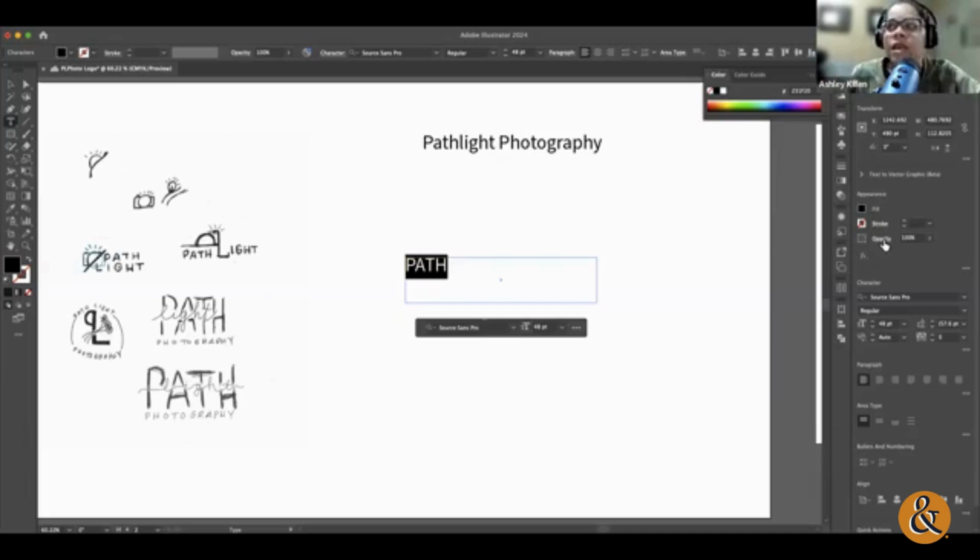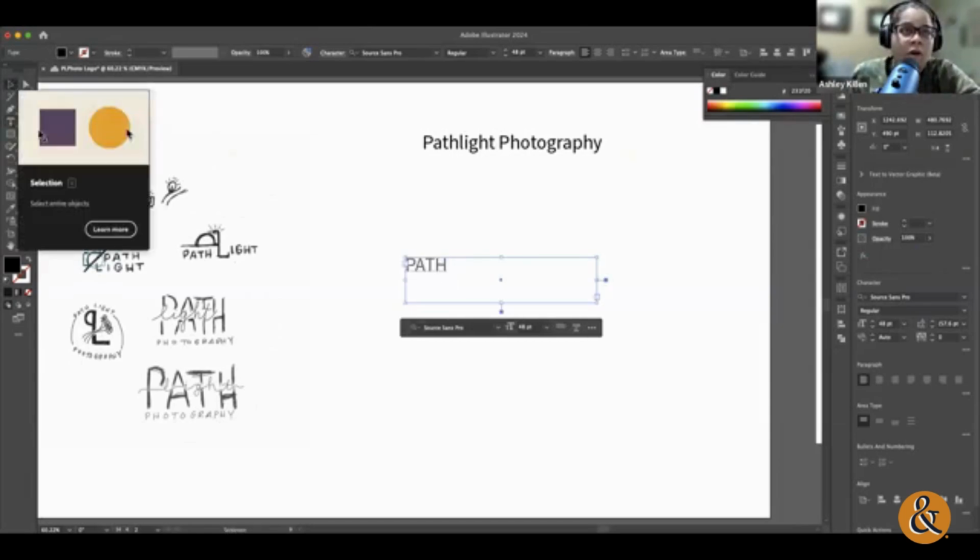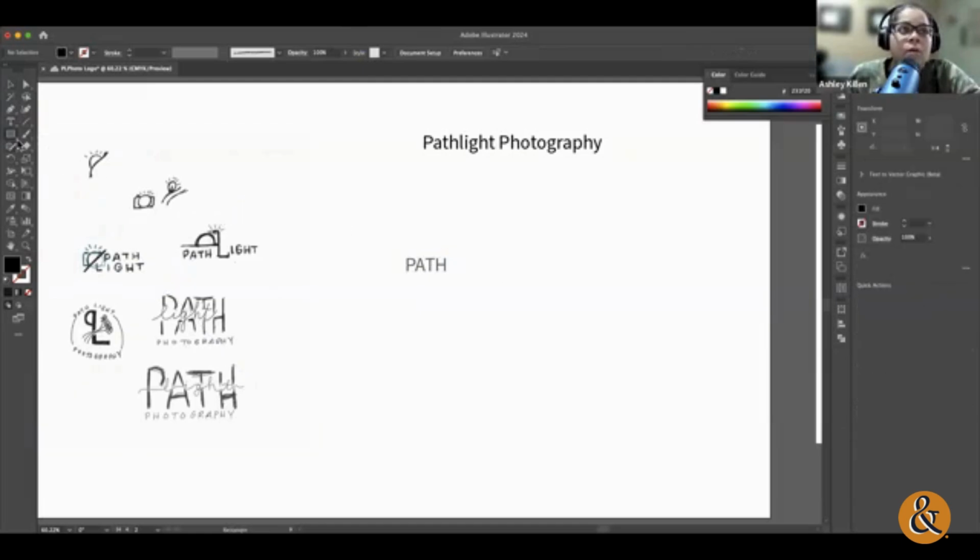Opacity. This is the same thing for everything. Opacity is how transparent your overall thing is that you are selecting. So if I lower the opacity or make it more transparent, that is what you're doing. You can select opacity from a little drop down. And now if you look at path, I'm making it more and more transparent. And when I say transparent, I mean you can see whatever is behind it. So if I were to put a color here,